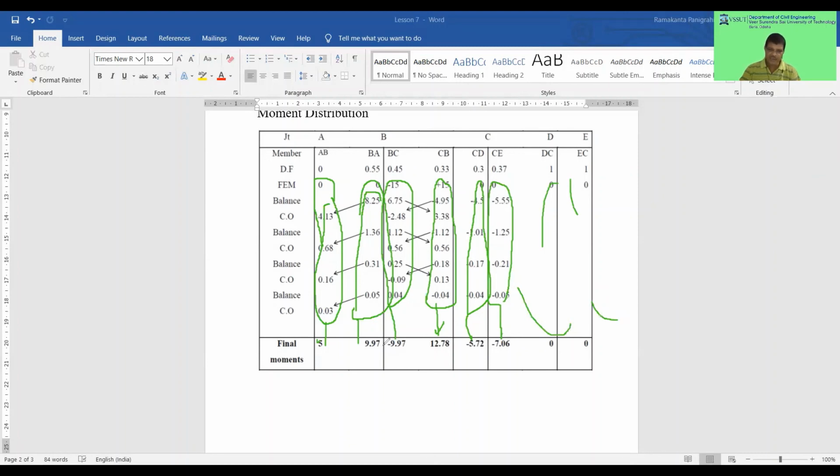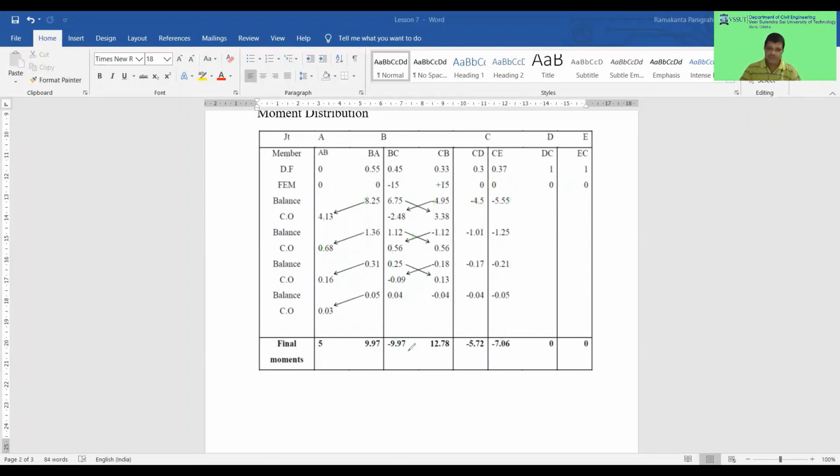After doing this, you will find these two values must be the same. This is one joint, so one should be opposite to that. And here also, the summation of all the moments must come to 0, or the negative moment is equal to the positive moment. It is 12.78. If you add 5 plus 7 minus 12.72 plus 6, 78. So this will also be minus 12.7. From this you can know your answer is correct, or that you have done the correct calculation.